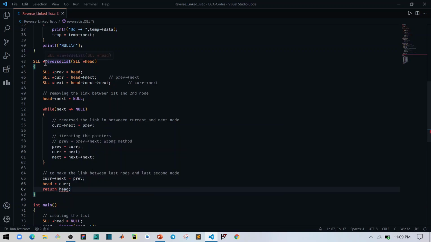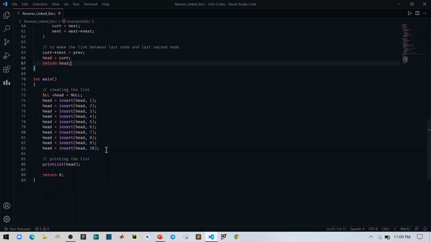If this function were void, I could not return a head pointer, and I have written SLL star, which means it will return a pointer of SLL type. So I have simply returned the head pointer here, which is pointing to the last node of the list.